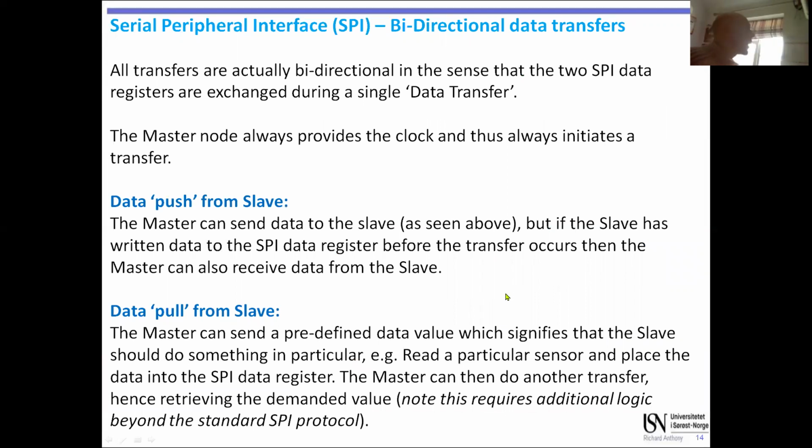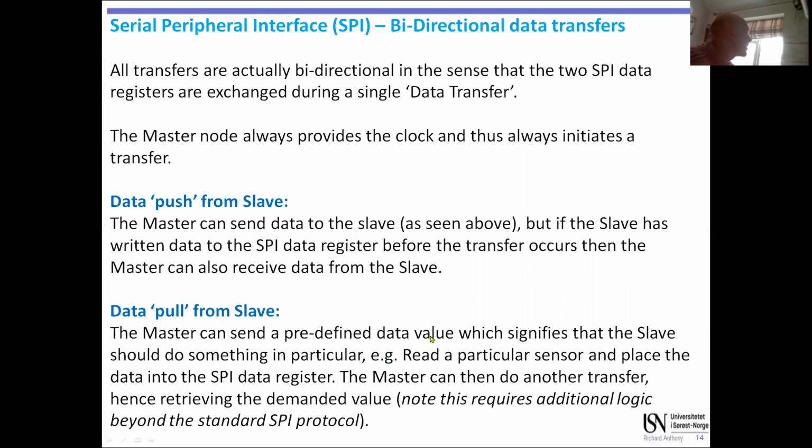So of course, every time you send a set of 8 clock pulses, you get data from the slave to the master, and at the same time data from the master to the slave. So if the master wants to interrogate the slave to say, please can you send me some data, the way you do it is you have to send a code to the slave saying, please get some data and put it in the register,